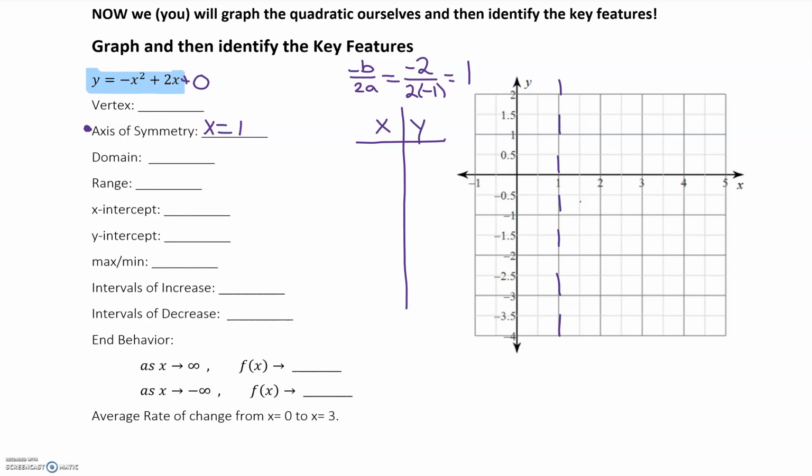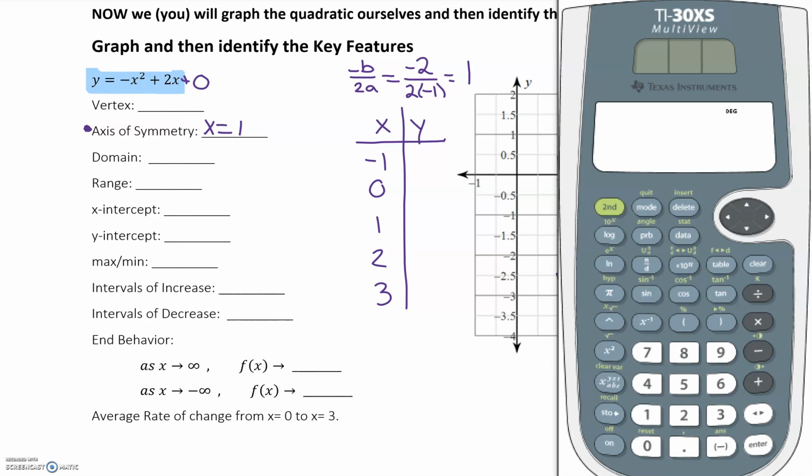All right, so I'm going to draw an xy table. I know that 1 should be right in the middle. So let's get 2 points that are smaller than 1, so when x is 0 and x is negative 1. And get 2 points that are going to be larger or to the right of that, where x is 2 and x is 3. The easiest way to do this then is let's use our graph or our multi-view calculator,